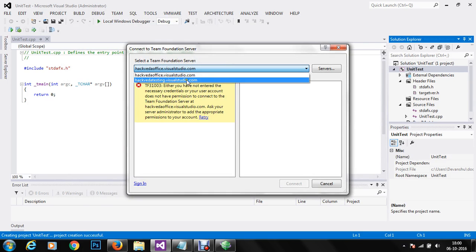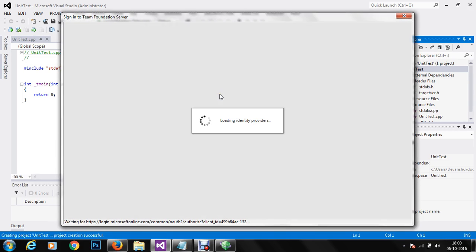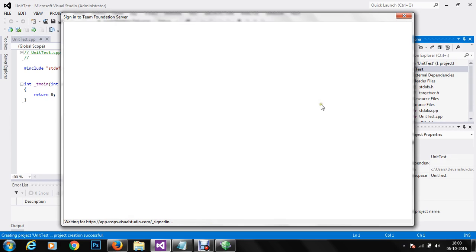We have hackwithatesting.visualstudio.com. I was connecting to some other server, and here it is, and the password is ABCDE12345. We actually need to connect to the Hack with a testing server.